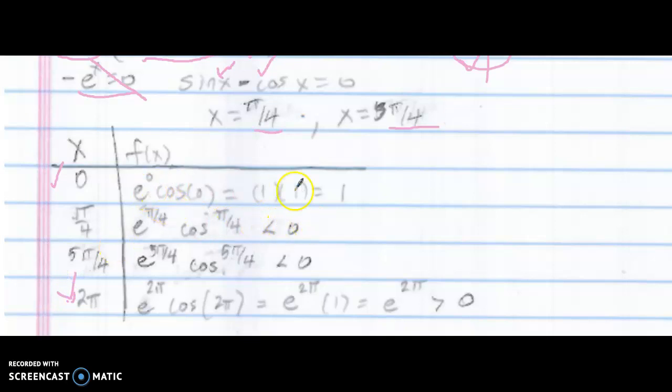Now, in this case, look carefully at my work. E to the 0 is easy to evaluate, so I evaluated that to be 1. And the cosine of 0 was 1, so I was able to easily generate that y value. Now, I don't know what e to pi over 4 is, but I know it's a positive number. And I know that the cosine of pi over 4,